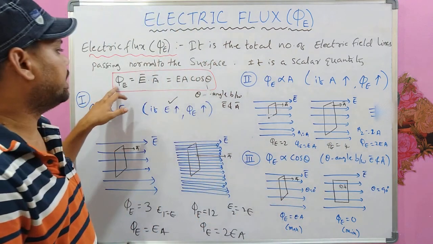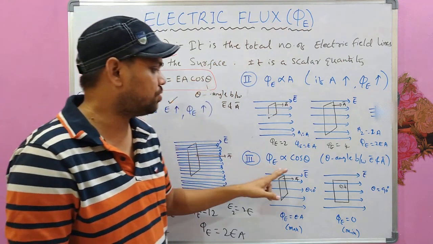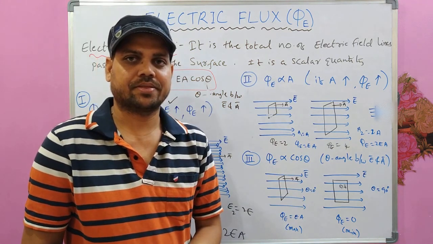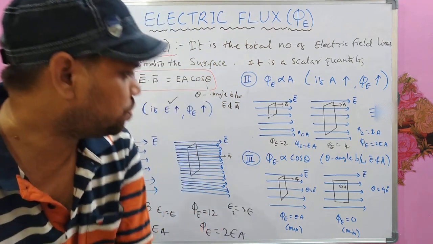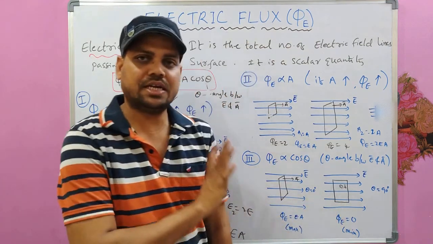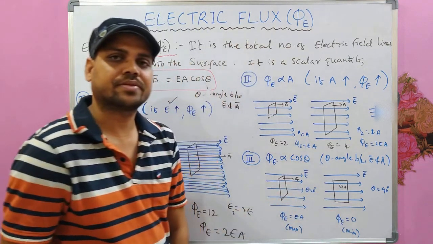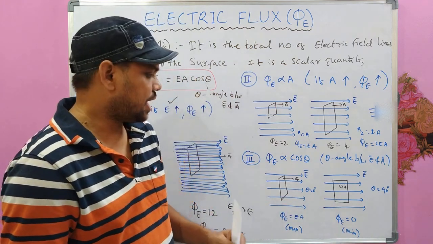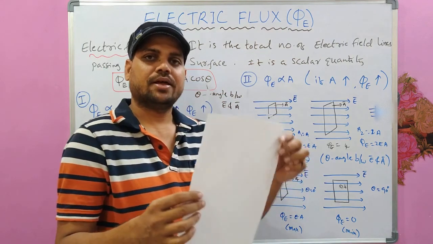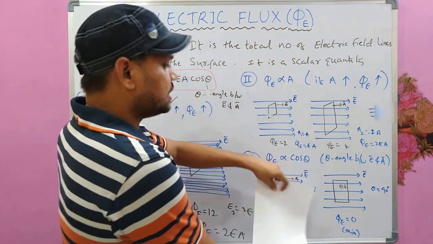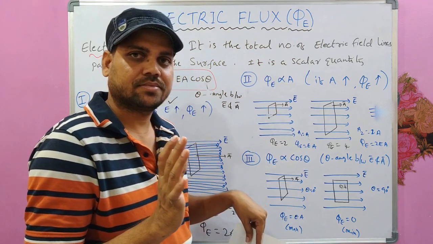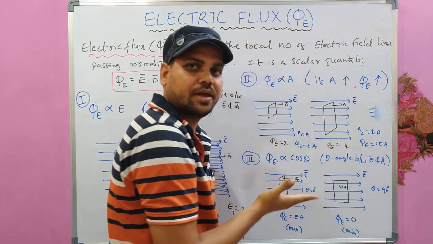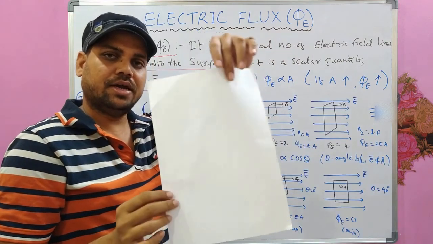See, if you see this formula, it is depending on cos theta also, proportional to cos theta. So it is depending on theta value. Right? So if you see these two pictures, the electric field strength is kept constant. But the only thing that I have done is the area vector direction is changed. Okay? Electric field direction is fixed in this way, and area vector direction is changed by rotating it.